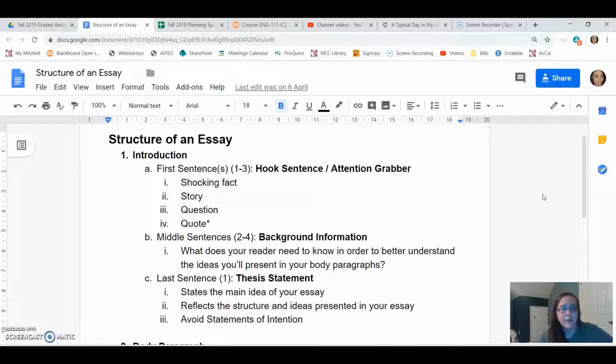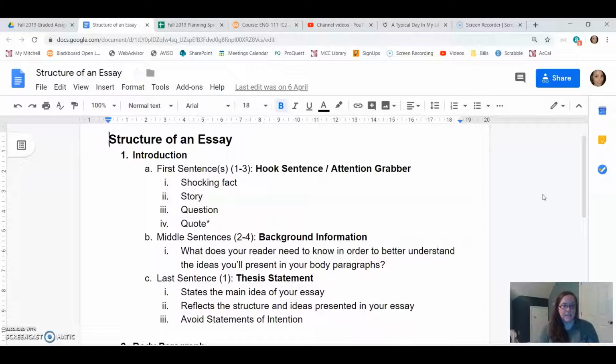Here, for an essay that's about you, I would give some relevant details about you that maybe don't have a place within your body paragraphs. But I think that for the most part, if you have the right hook and you're working into a thesis statement by the end of your introduction, your middle sentences of background information will come out naturally, and you should let that flow of writing happen and then go back and edit.